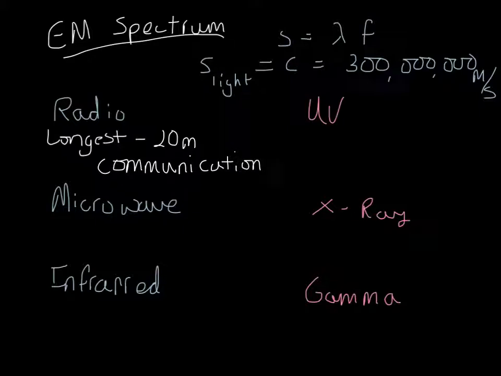Microwaves are a little bit shorter. Their wavelengths range from a few centimeters to maybe a few millimeters. They're much shorter. Microwaves are good at transporting energy, and they're great for heating food. Microwaves specifically react with water, H2O.